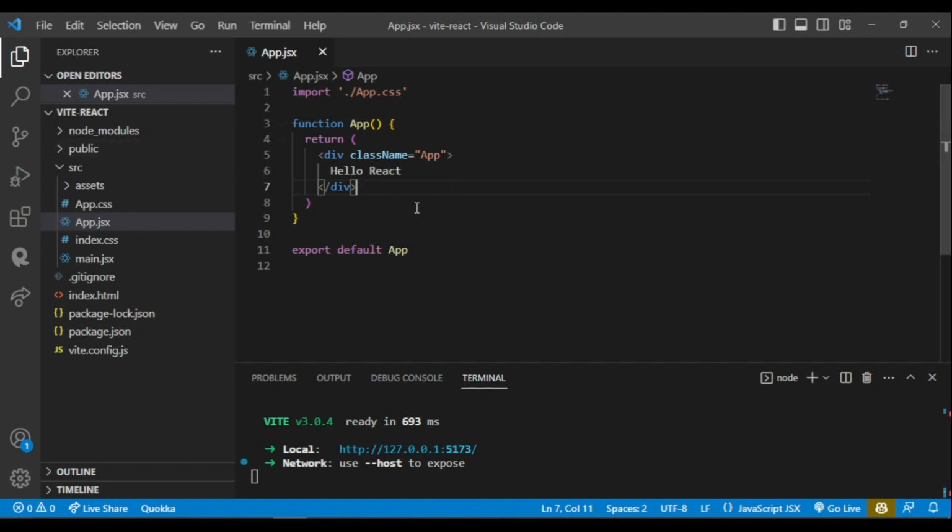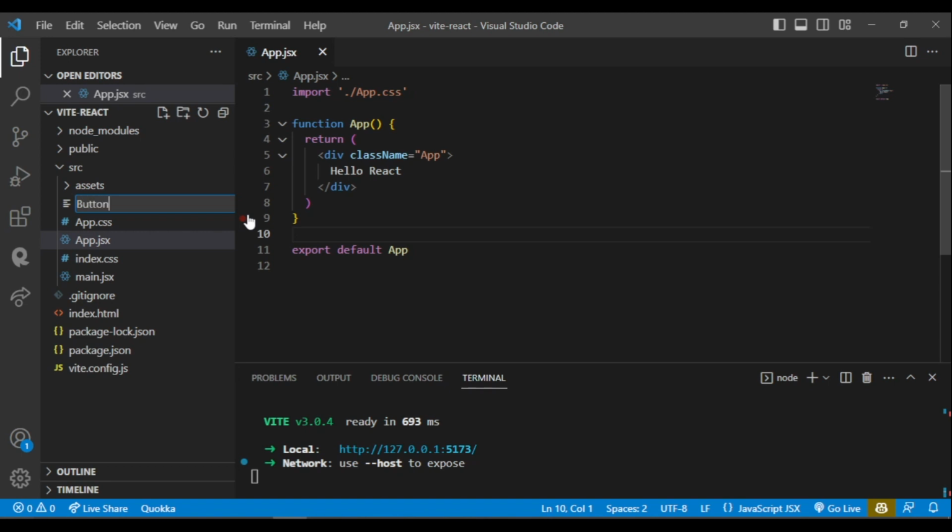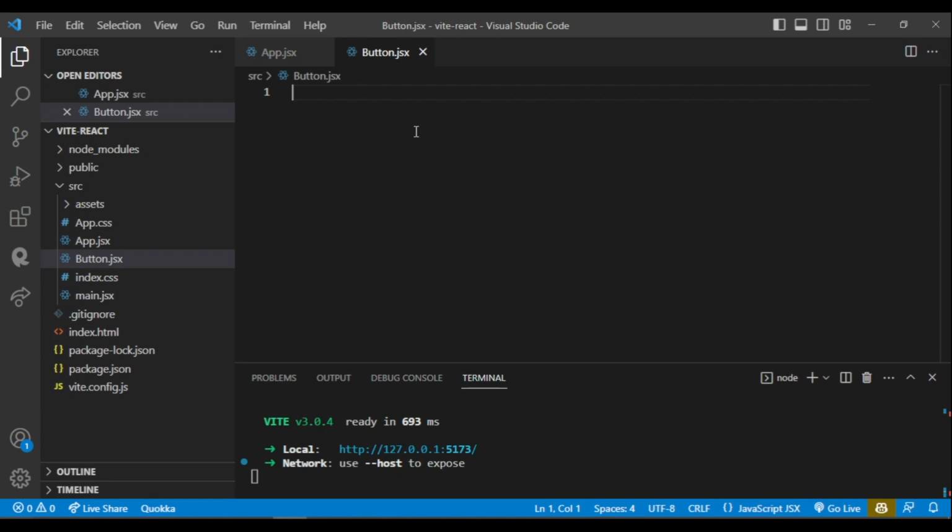Components are just reusable pieces of code that are used in React to do abstractions. So instead of writing all of the code in one single file or single function, we divide them into different components. So let's say I have a button that I want to reuse again and again. So instead of making the button here again and again, I'll make a file for button.jsx, and I can do